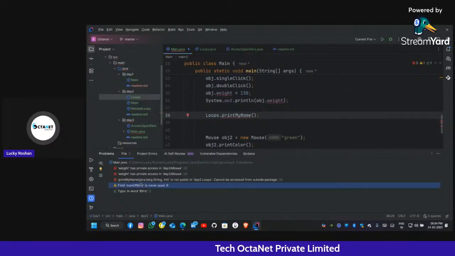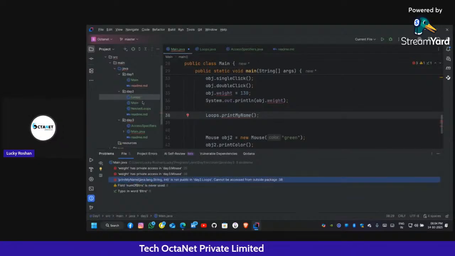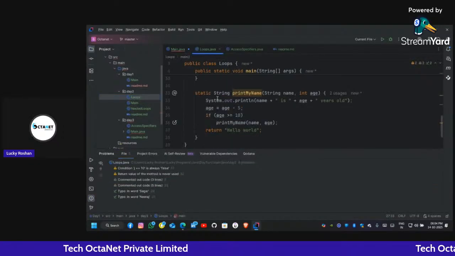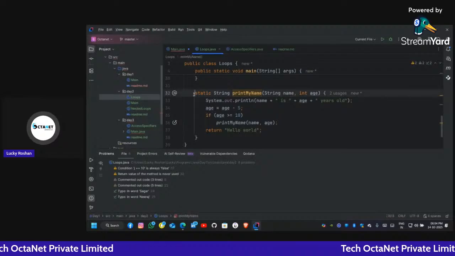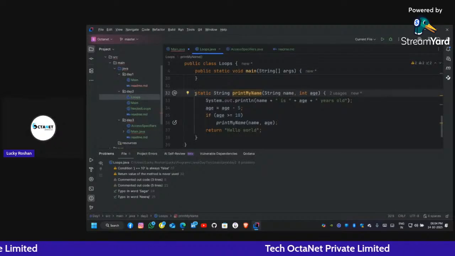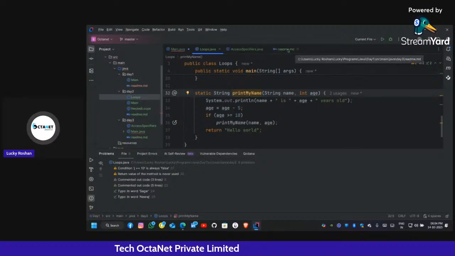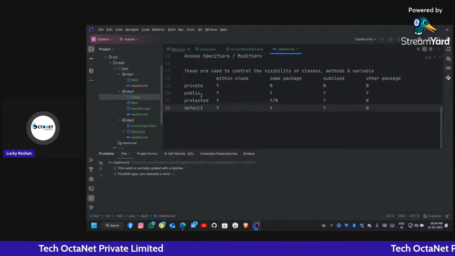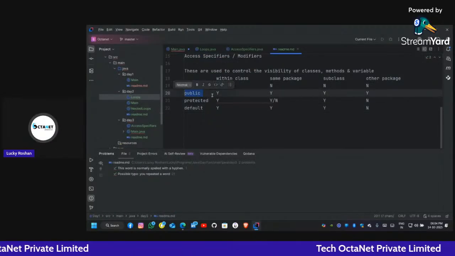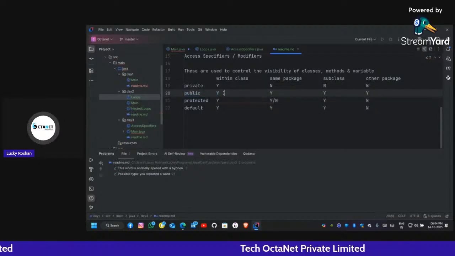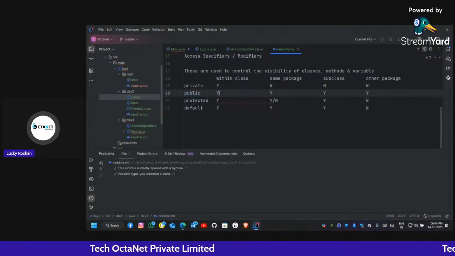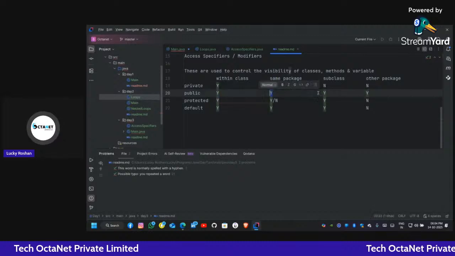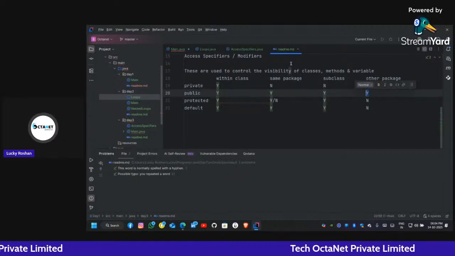Print my name is not public. See here, in loops it is static, but it does not have the public access specifier. Neeraj Sharma, I am explaining the access specifiers again. Using the public keyword, we can access the particular variable, method or class within the same class, in the same package, in the subclass or in other packages.